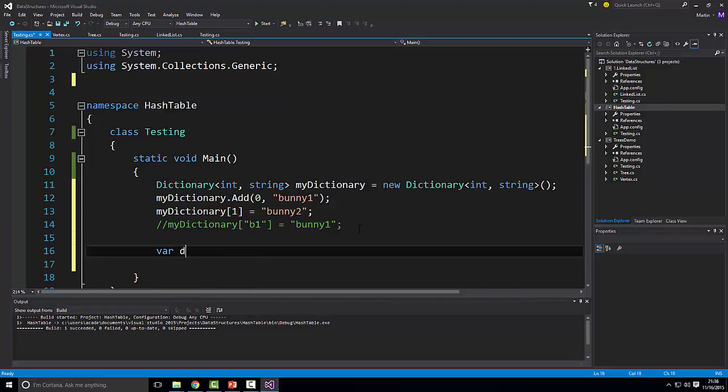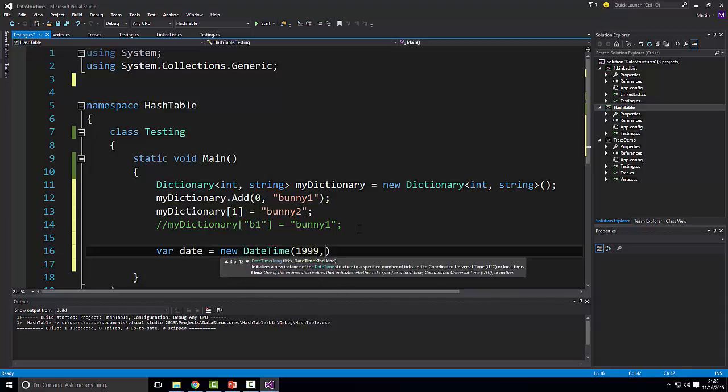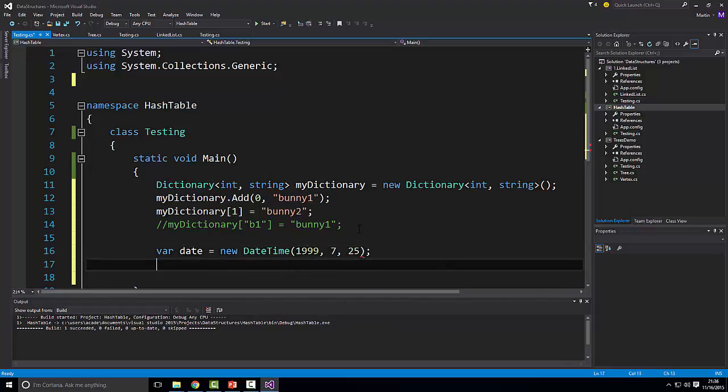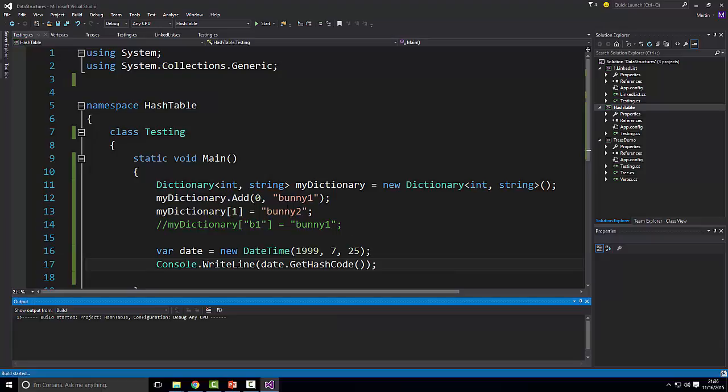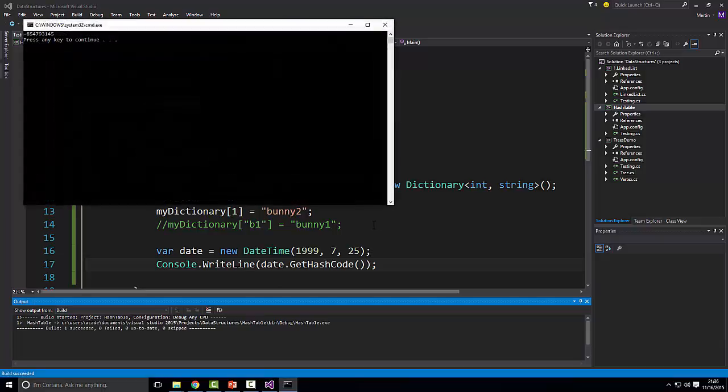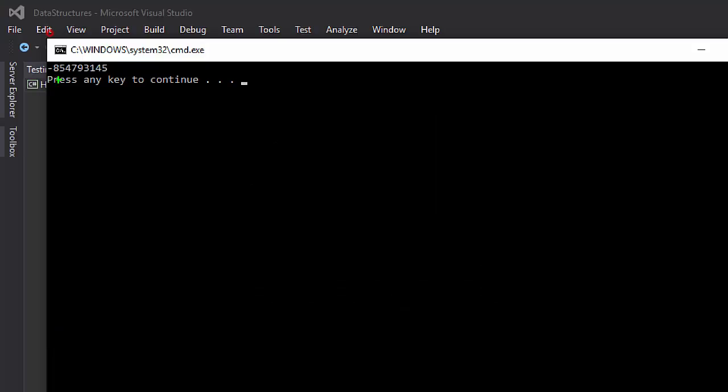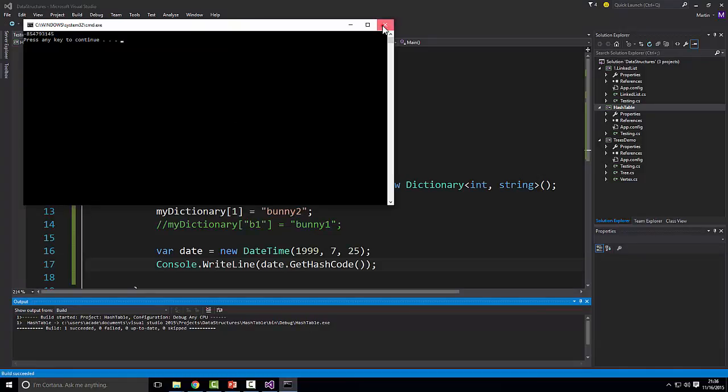Let's have a look at a date. So var date equals new DateTime, and I just pick a random date. Okay, and we want to see the hash code of that. So date.GetHashCode, and we would expect it to be the same when we run it multiple times. So it can be a structure as well, and it wouldn't matter too much. Okay, so this number, and then if I run it again,